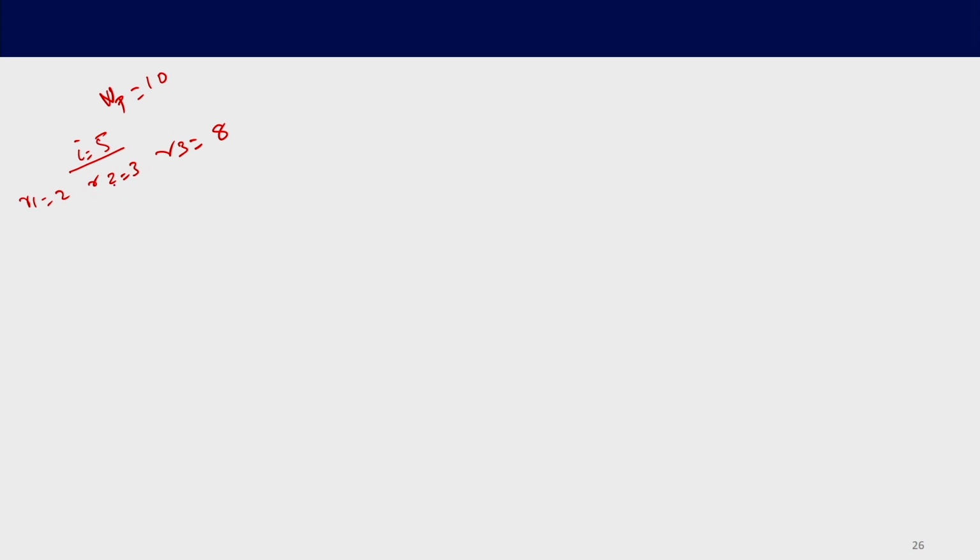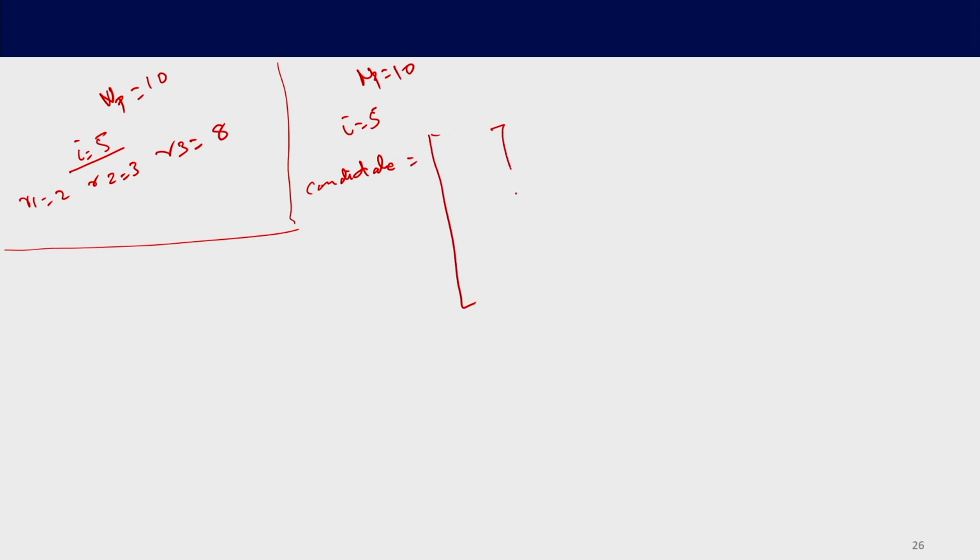If not, we need to again go and generate random numbers. That is one way to generate those 3 numbers, but what we will be doing over here is, if our population size is 10, and we are working with, let us say, the 5th solution, we will generate something called a candidate. The candidates are all the solutions except 5, so it is 1, 2, 3, 4, 6, 7, 8, 9, 10.